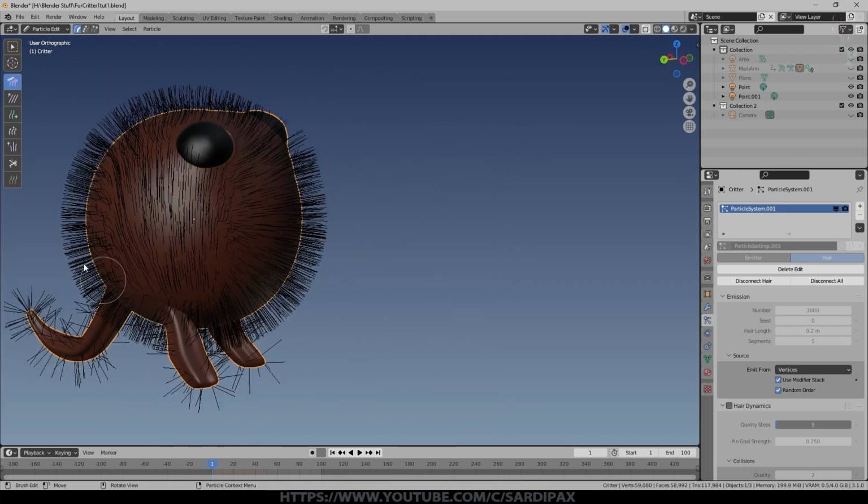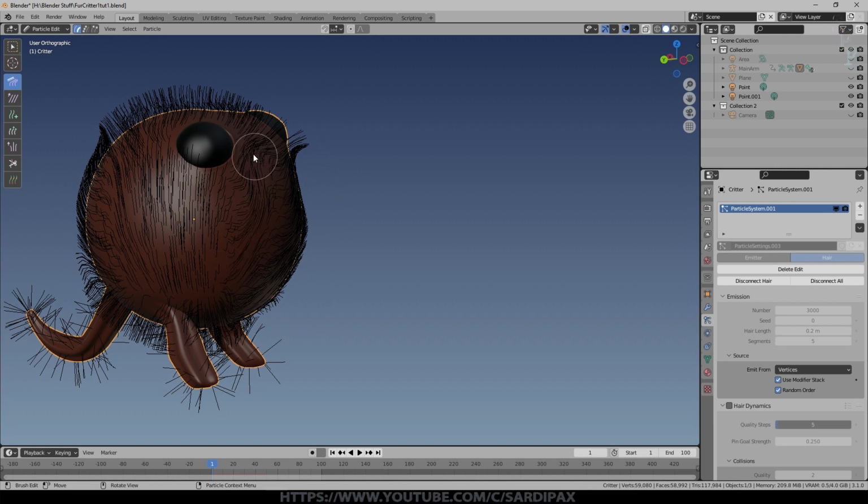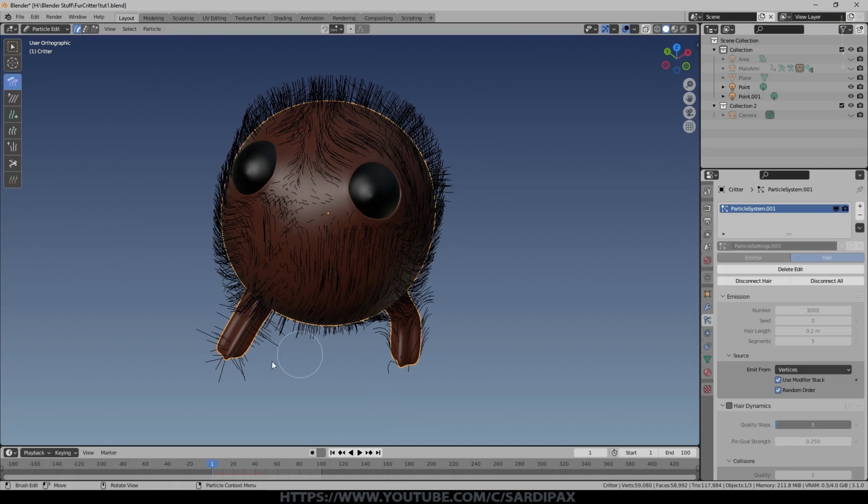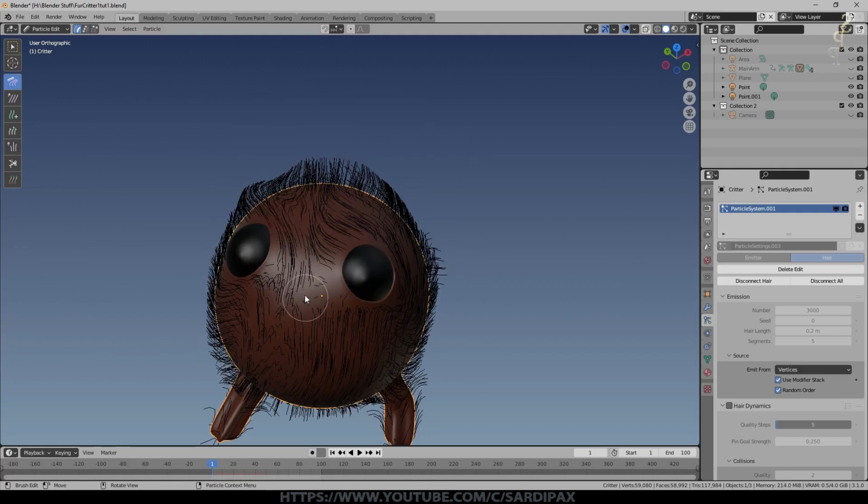Just comb it upward. We'll still get the children being generated as you would expect them to be, but they'll now use the new shape that we're giving it by combing. So I'm just using some fairly random combing here. Perhaps that would go that way around that eye, and that would go that way around the eye. I'm just trying to make sure it's something that's visible when we render.